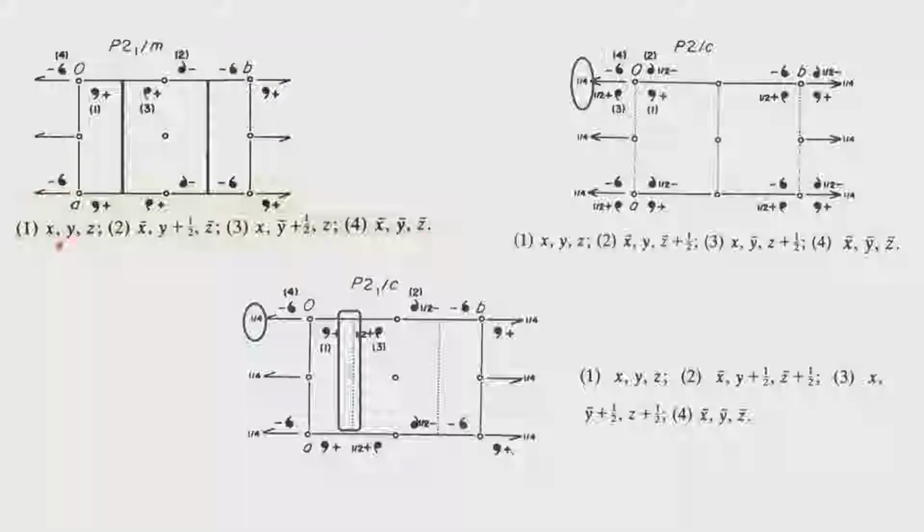Notice that you operate again x bar, y bar, z bar, you operate the center of symmetry again, you will go here, operate the mirror symmetry, you will go there, and operate the two-fold, the 2-1 screw axis, you will go there. So, the symmetry is still maintained, and therefore, the property of the group is still maintained. That is the requirement. So, P21 by M therefore, is a space group where we have moved the mirror by